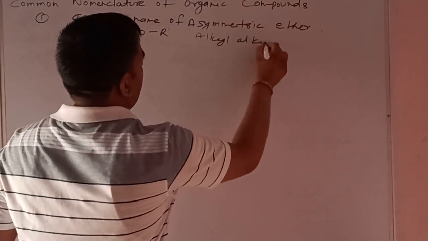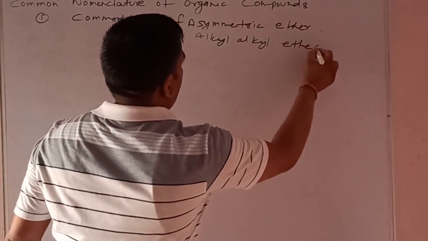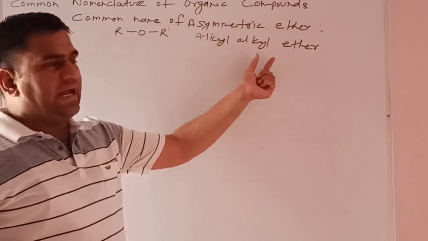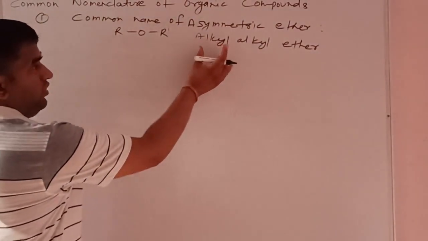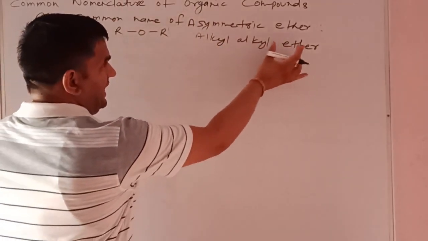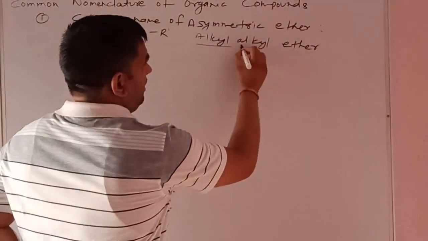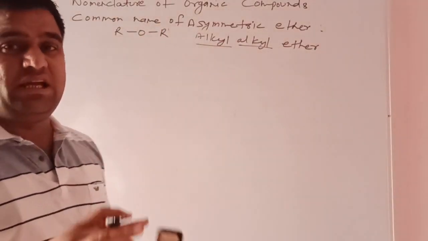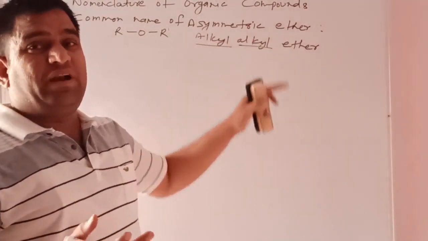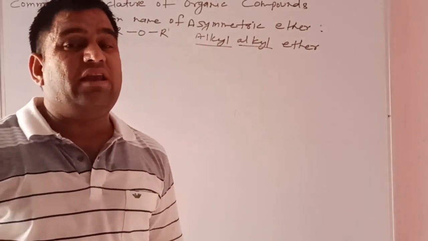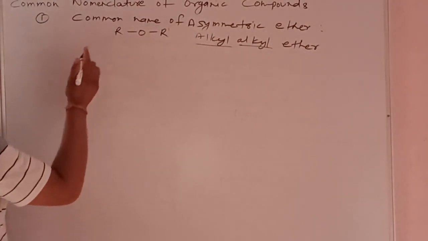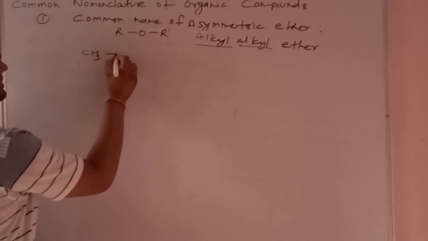alkyl ether. So the common name of asymmetric ether is alkyl-alkyl ether, and both alkyl groups are written separately in this, and the names are written separately according to the alphabet rule. According to the alphabet rule. So the first example is